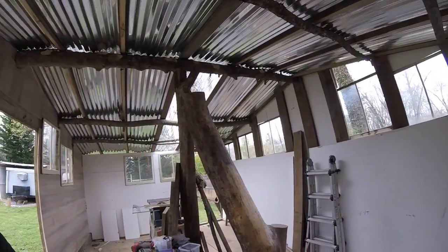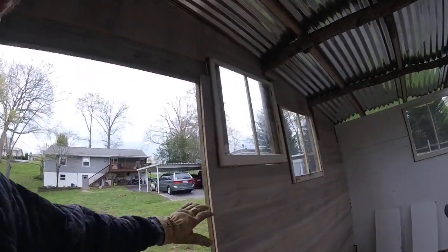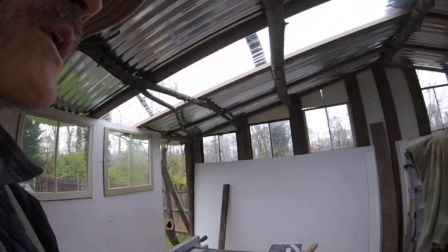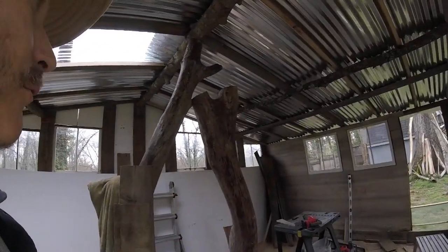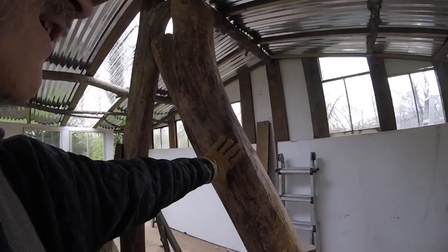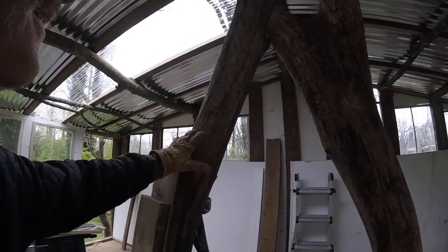It's not totally done yet. I still need doors, obviously. But these windows I got, somebody was giving these away. They're not clean yet, obviously. But I think there was a stamp on one of them that said 1928. So I got 14 of them, and this is a hickory tree that used to be at my parents-in-law's place,